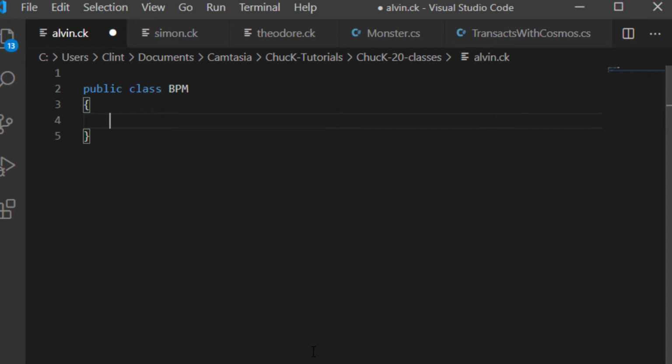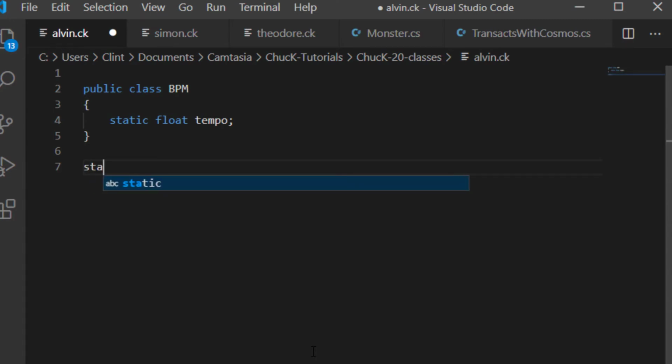and we're going to say static int or float. How about float? Tempo, and then we're going to call this thing, we're going to say 120 the tempo. Oh, I gotta make the instance. So BPM a dot tempo